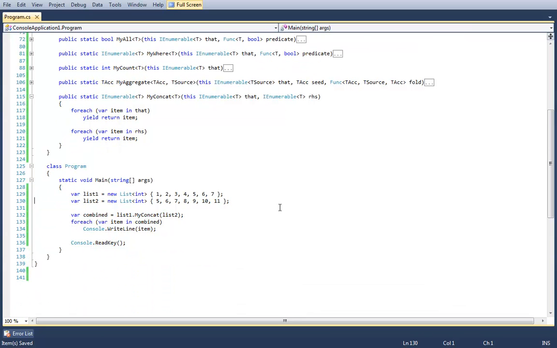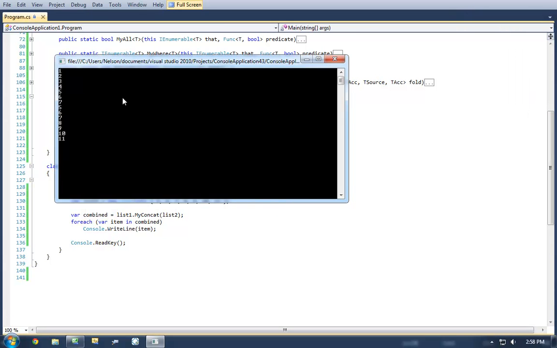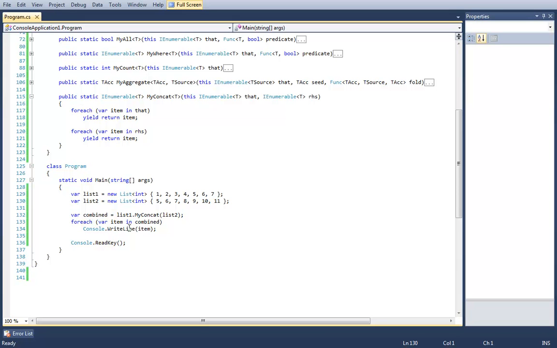That's it. When I run this code, we will see them concatenated to each other. And note that there's no sorting.